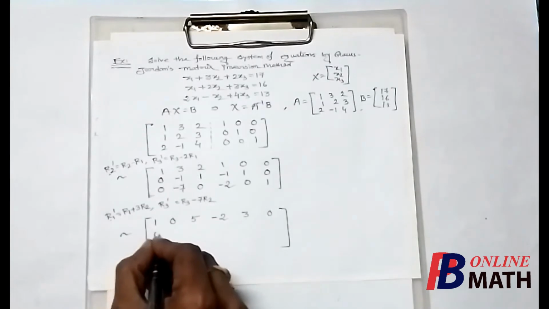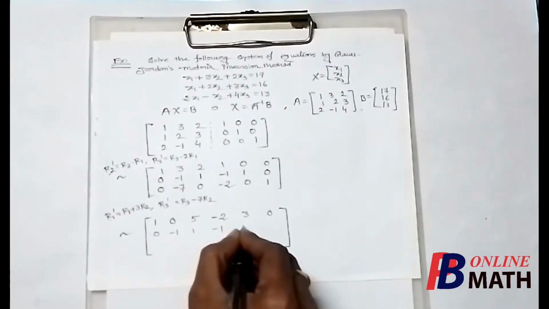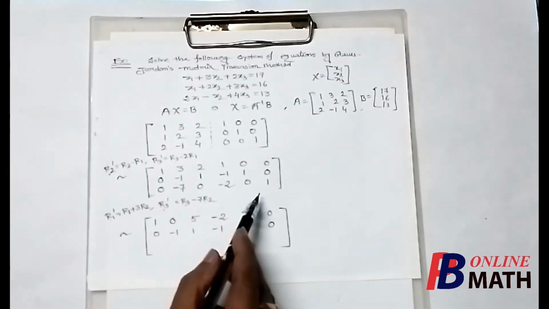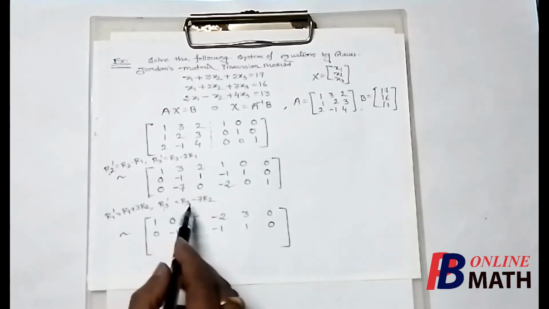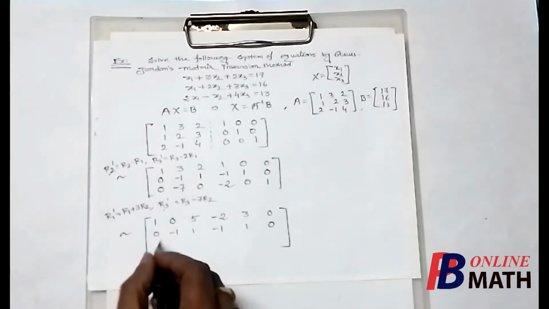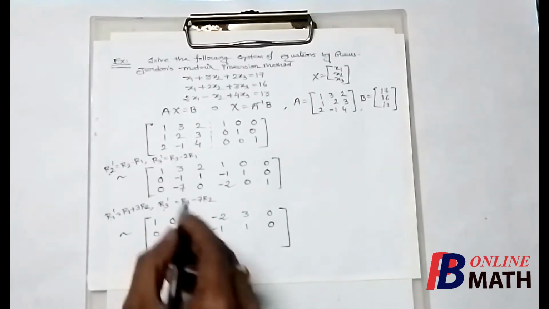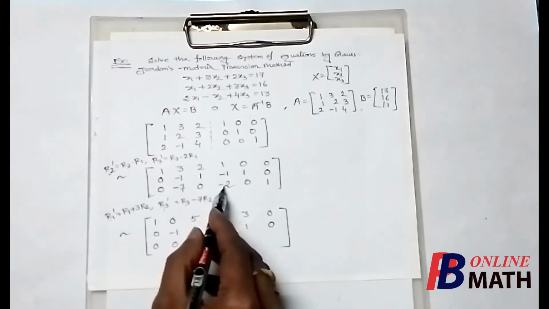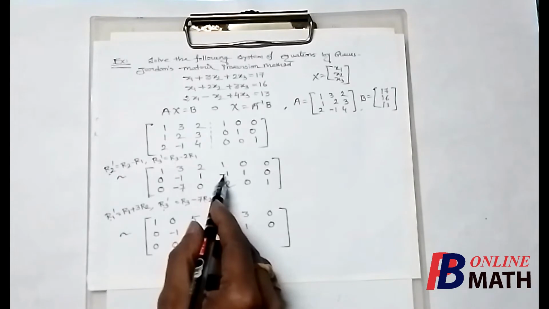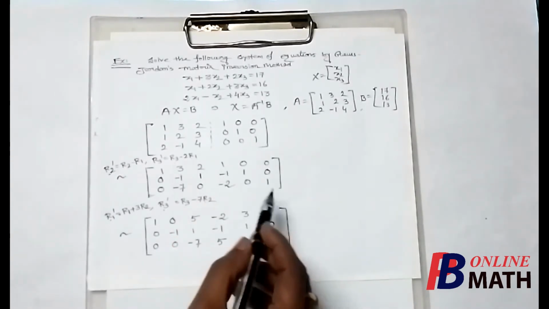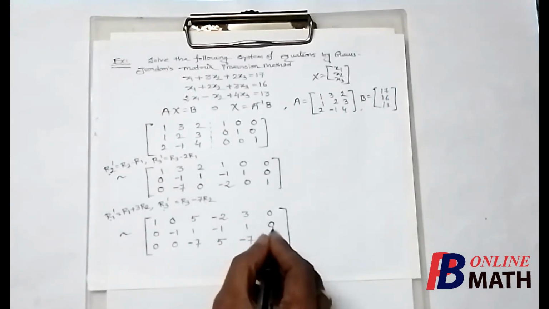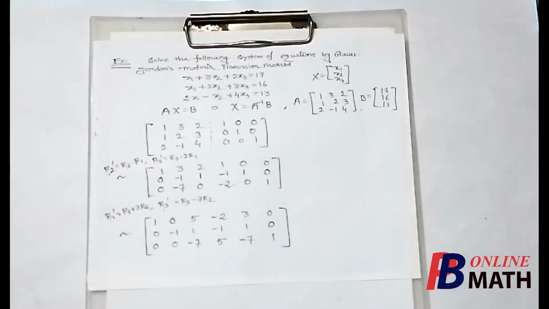The second row will be unchanged. And for the third row, we apply this row operation R3 dash equal to R3 minus 7R2. So that the first element is 0. This element will be 0. This element will be minus 7. And this one will be minus 2 plus 7, that is 5. 0 minus 7, which is minus 7, 1 minus 0, 1. So now we have made these two elements 0.